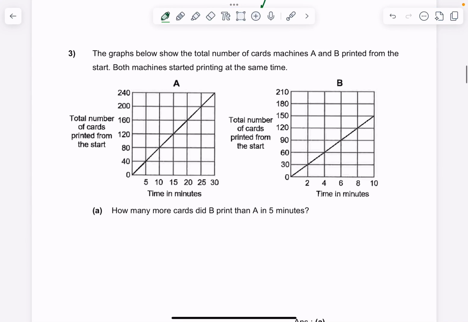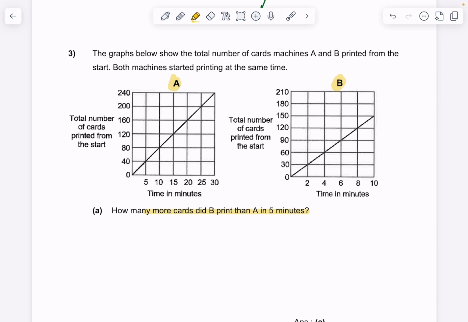Okay, this is UC3 Rate question 3. The graph below shows the total number of cards, machines A and B, printed from the start. Both machines started printing at the same time. So you can see that it's a straight line graph. So for A, in 5 minutes, we are looking at how many more cards did B print than A